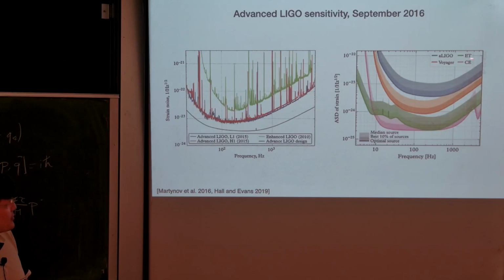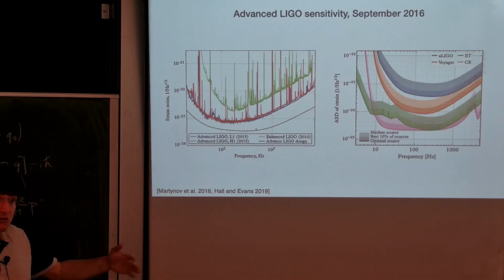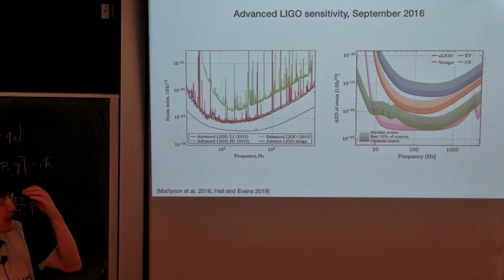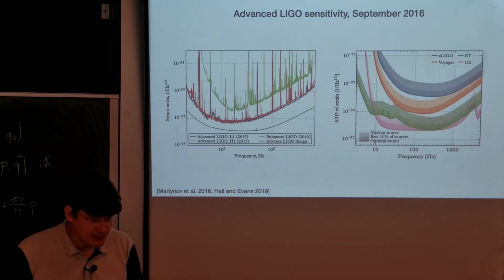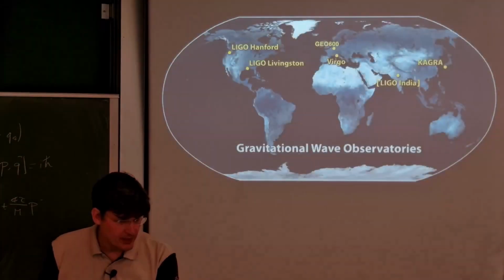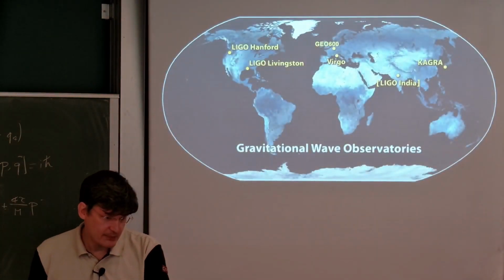ET and Cosmic Explorer are new designs that will require longer arms, possibly underground operation, possibly cryogenic operation, cooling everything down to reduce thermal noise and so on. Voyager is the design that pushes the current LIGO infrastructure to the best that it can do. And it will be, it is already